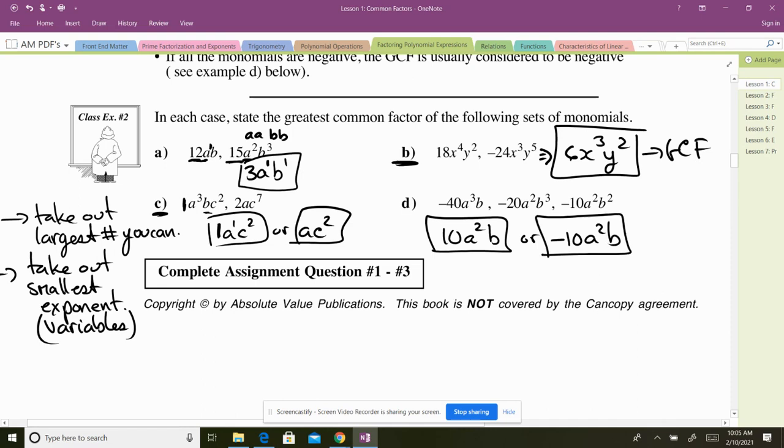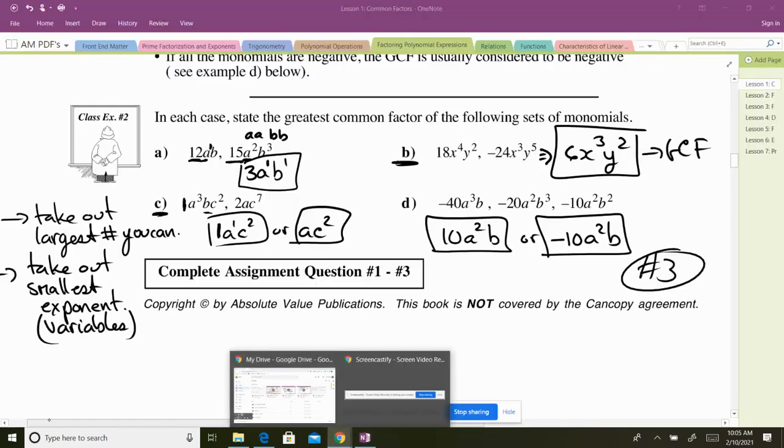You could do the negative as well, okay? Because negative goes into all of them. Okay, the only question I want you to do is number 3. That'll take us up to break. On the other side of break,